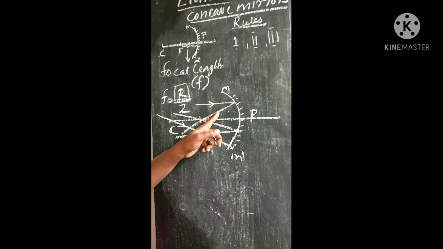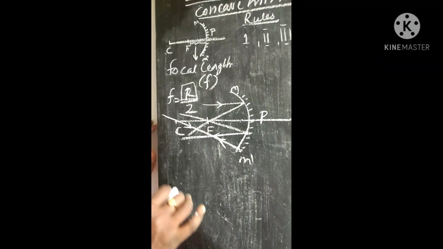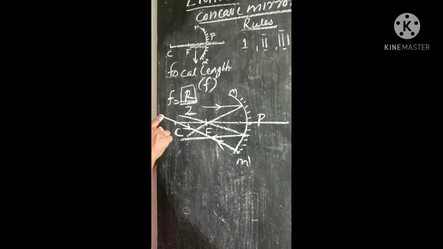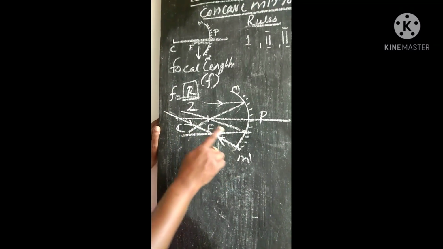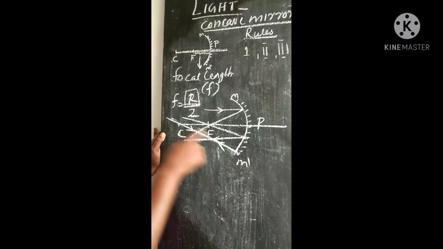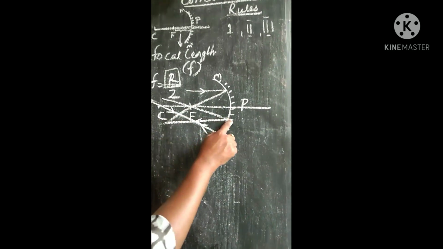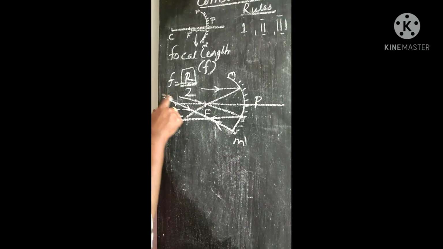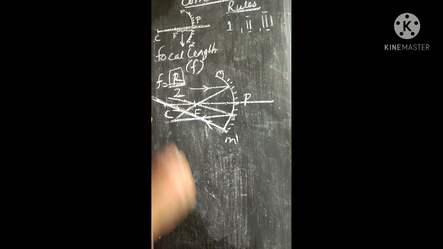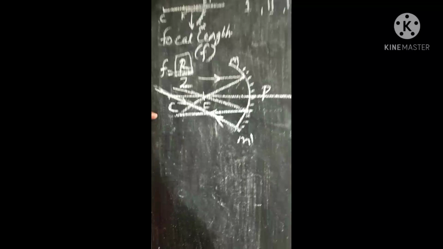So here we have incident ray, reflected ray, incident ray, reflected ray. But for the third rule, there is no separate reflected ray. The ray goes back from the mirror along the same direction. So we should draw only one line for showing both the incident and the reflected rays. Only one path for the ray. Clear? So parallel: passing through F. Passing through F: becomes parallel. Passing through the center of curvature: traces along the same path in the opposite direction. These three are the three rules of image formation by a concave mirror.